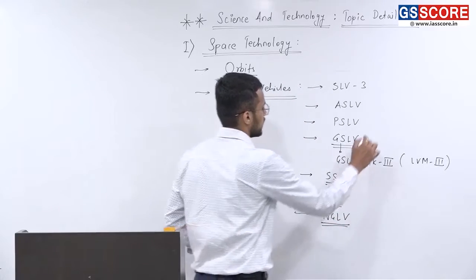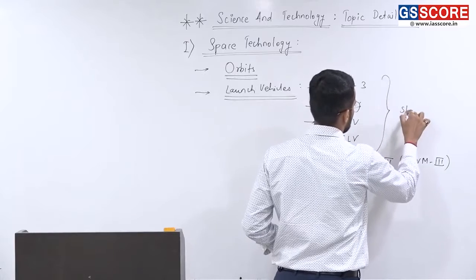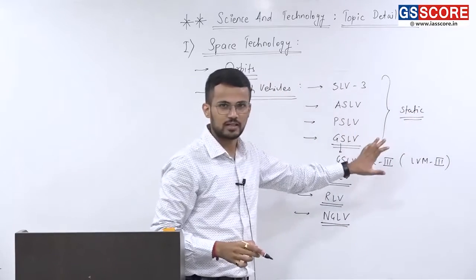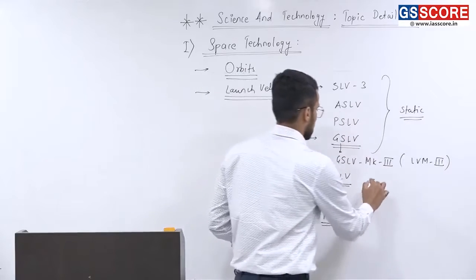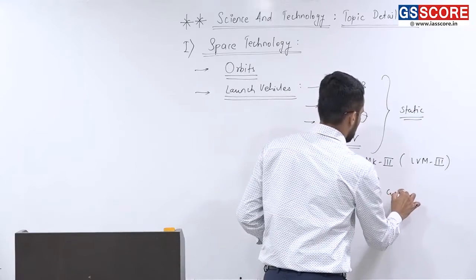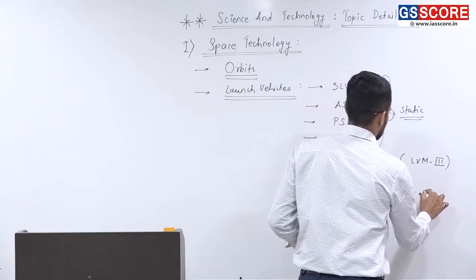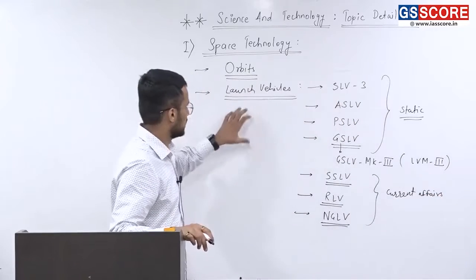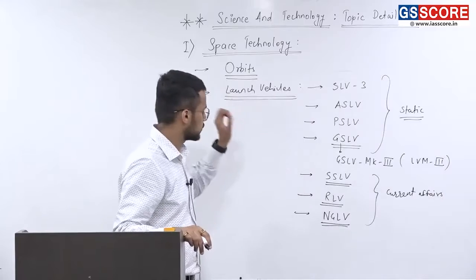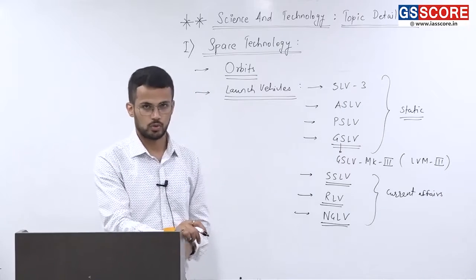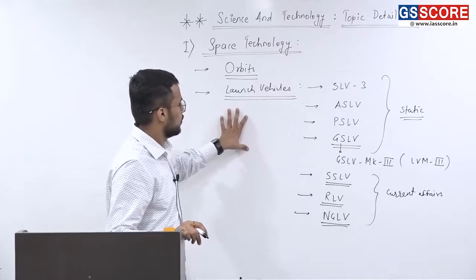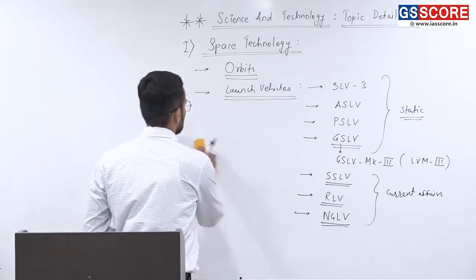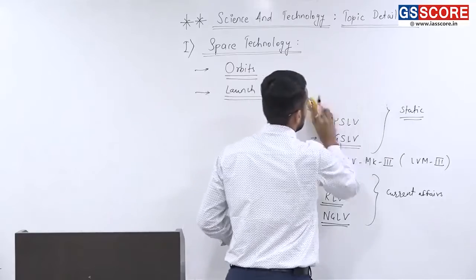Fine. So these are static parts. These launch vehicles are a part of static portion of the syllabus, and these are the current affairs launch vehicles. Right? So that is the second important aspect of space technology. Now, once we are done with this, the next topic that is important from the exams perspective is